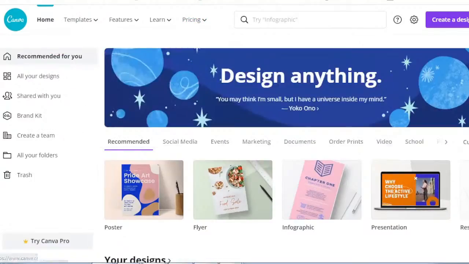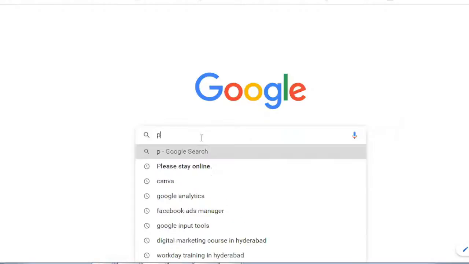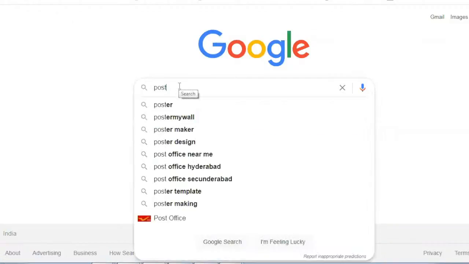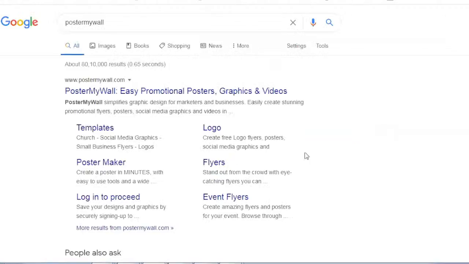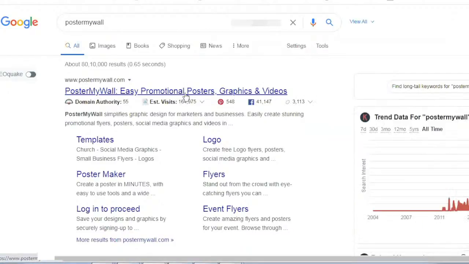Not only Canva, there are some other tools. Poster My Wall is also one of the best tools. You can create different templates.